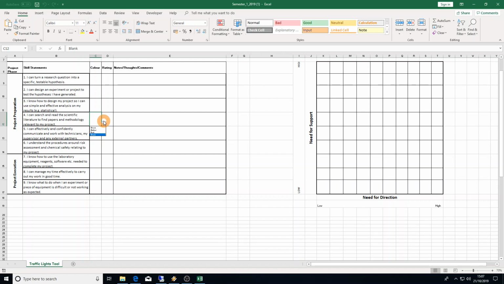Red meaning I'm really worried about this, I have low confidence. Amber meaning I'm somewhere in between, an intermediate level of confidence. Green meaning I'm very confident, and I can already do this, I think. So the student can select, for example, an amber, indicating, you know what, I think I can do this to a pretty good level, but maybe I'm not so good at finding papers that are relevant to